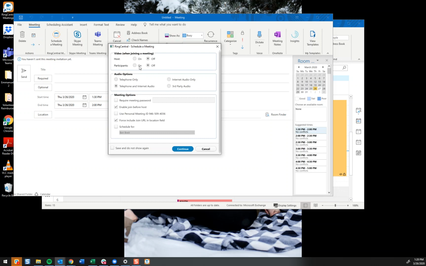You can choose your video preferences, and then notice this meeting options button at the bottom is "schedule for." Now I've already preset the permission for my RingCentral user to schedule meetings on behalf of Ben's user, Ben Bright. If you would like to do this, just send me a Slack for whoever you would like permission to schedule on behalf of, and I'll set that in your user, and then